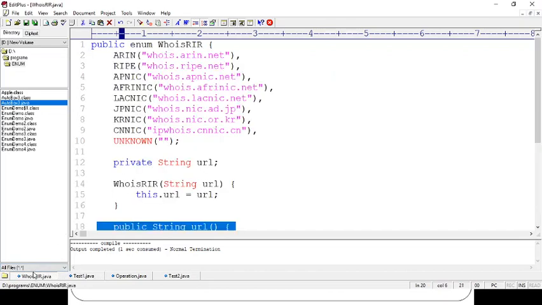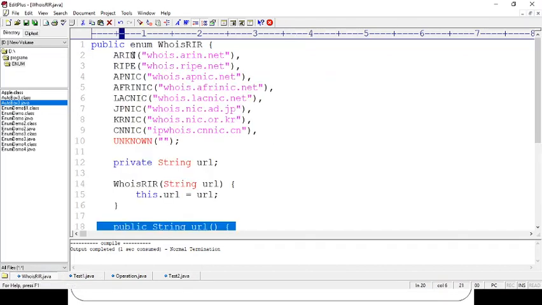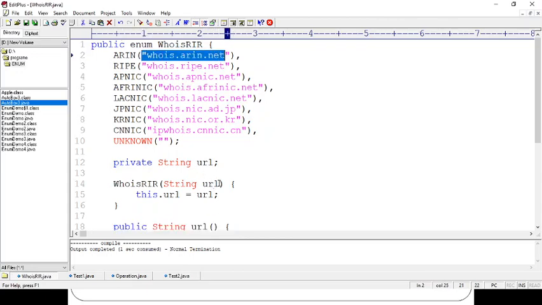While the constructor is executed, the constructor is called with respect to the object called ARN. Whatever value is there with respect to the ARN named constant will be passed as a URL to this constructor,